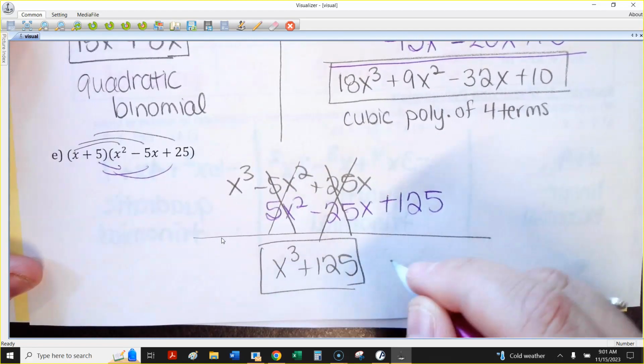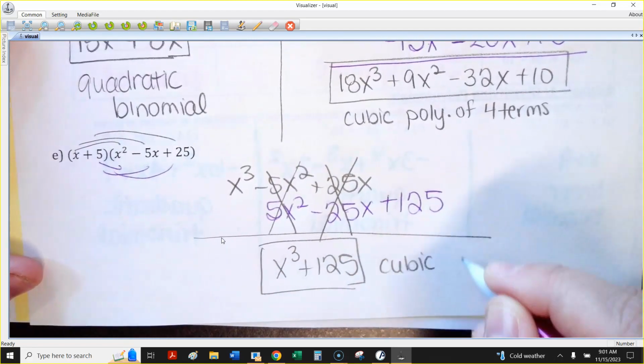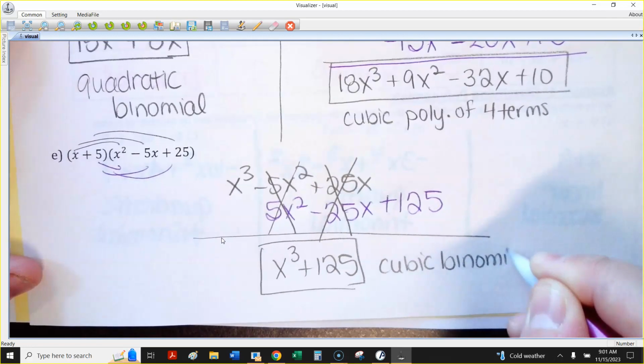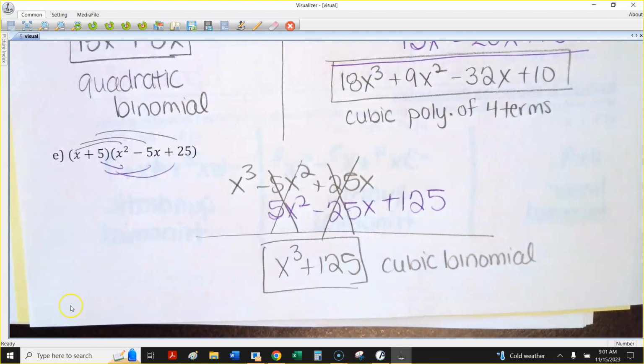And this would be called cubic, and then I only ended up with 2 terms, so a binomial. Is anybody